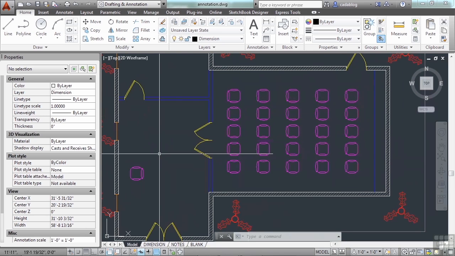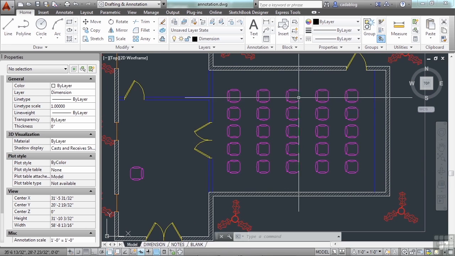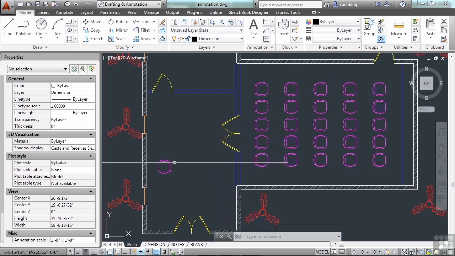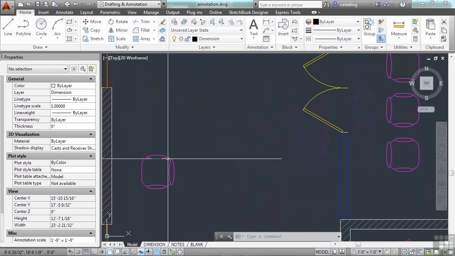We don't have to go back to each chair and update it. That's why we use CAD. To do that on the drafting board, you'd have to erase all of the chairs and redraw each one individually, and that takes time.